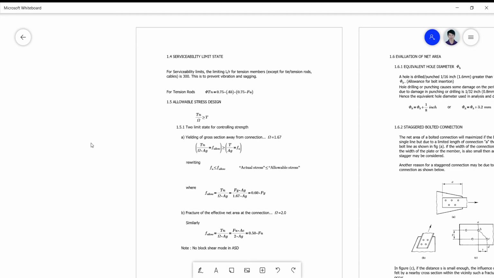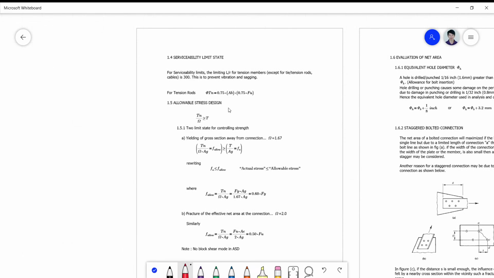Okay guys, so let's continue our discussion on limit state conditions. Before we proceed with the allowable stress design, which, again, is a strength limit state, we look into the serviceability limit state aspect of your design, and you will notice that the serviceability limit state